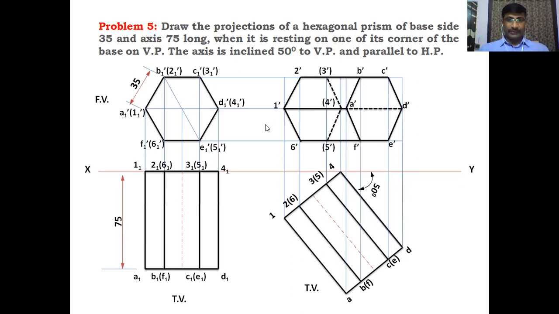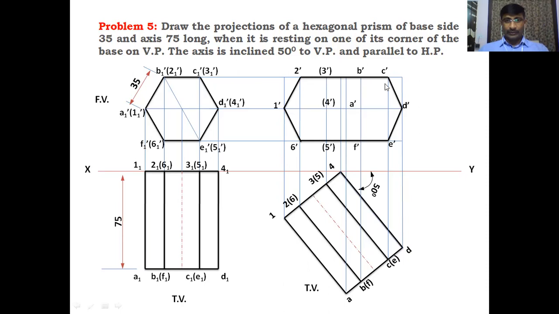Okay, this is the solid position. It is the front view when the axis is inclined to 50 degrees. Here, this is the front view. Like this, you have to draw the solid hexagonal prism. I hope you understand. First of all, you have to join the outer points like this. After getting the points, you have to draw the outer points.